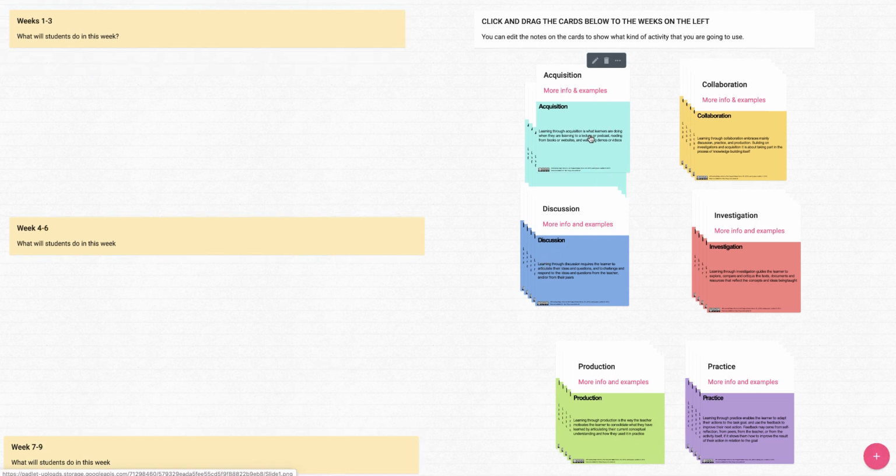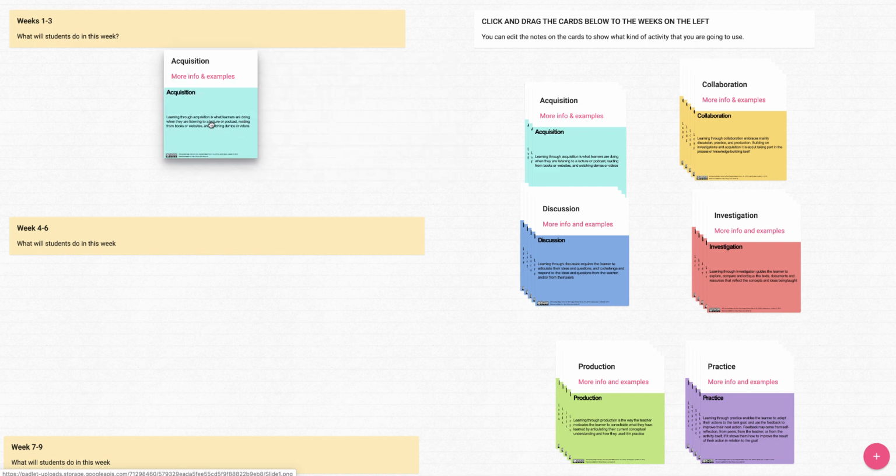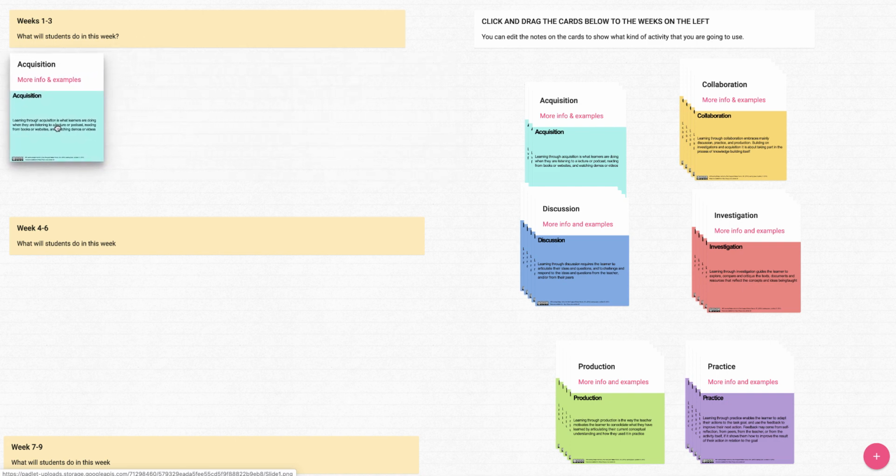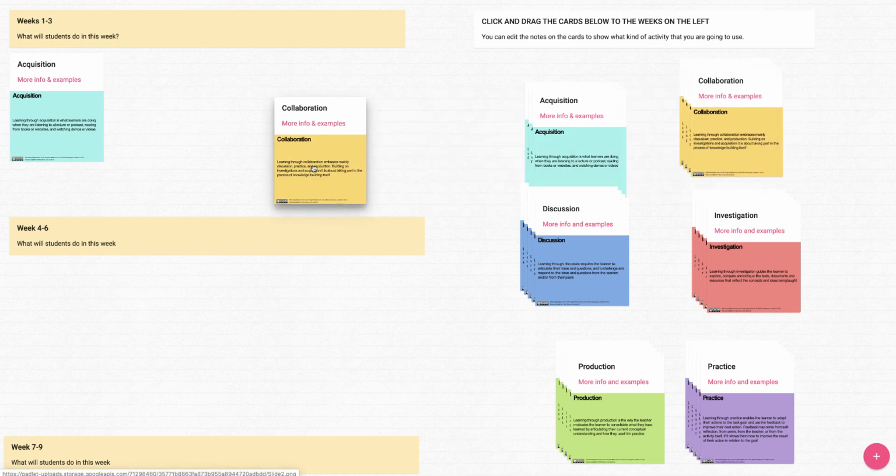So the idea for the storyboard is that you will have a look at the learning types. You'll think about what you want your students to do at different times on your module. Then you will click and drag the learning types over to the left-hand side of the screen to show where and when you want these things to occur. So for example,